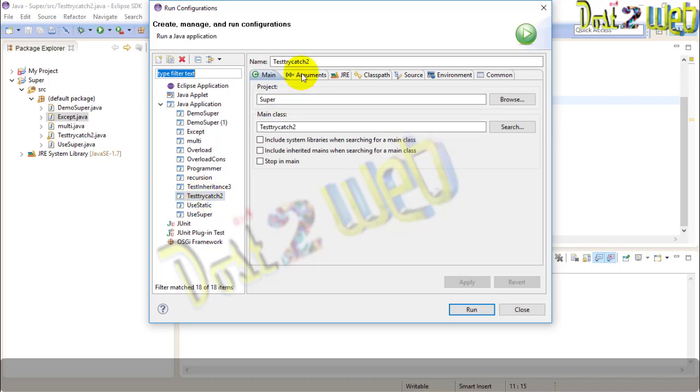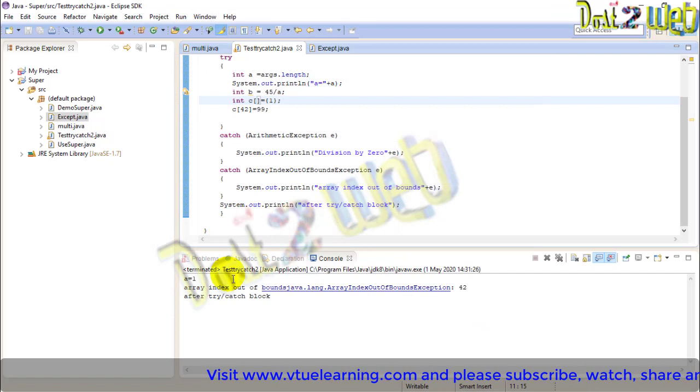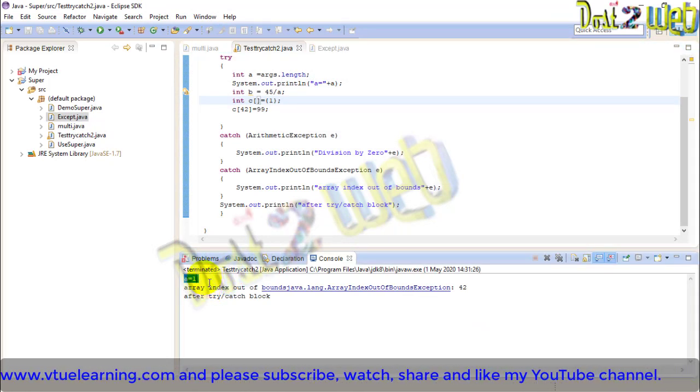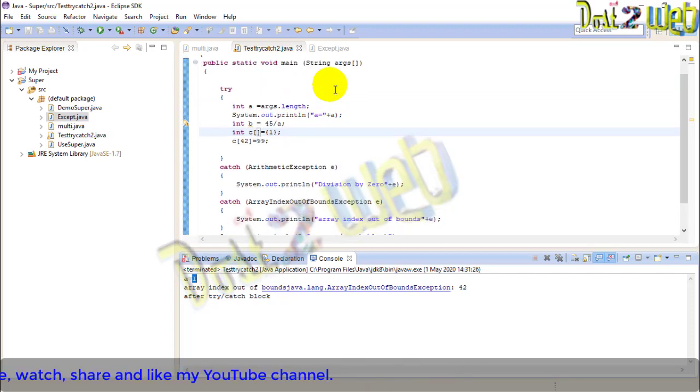Now you have to go to the arguments. In arguments, I'll give 10, or you give 5. After that you have to click Apply, and then Run. See what happened now? We got the argument length. We have given 5, right?